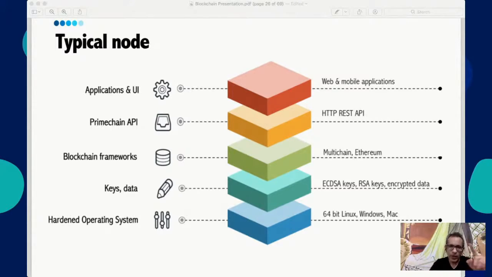And the number one point is the operating system. No, we are not going to do live hacking of it. But Ubuntu can be hacked if it is not properly hardened. Later I'm going to discuss how you even harden Ubuntu. That becomes one level of hacking. Then once you have set up this blockchain, you have the keys and the data. You have your ECDSA keys, you could have RSA keys for encryption, and the encrypted data. So that becomes the second point of vulnerability, that data could be stolen or hacked.